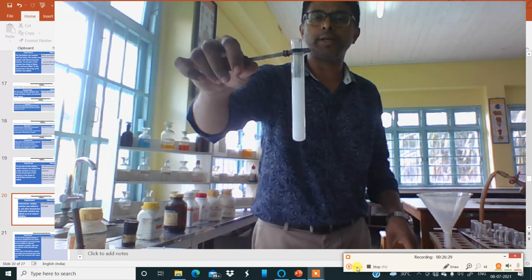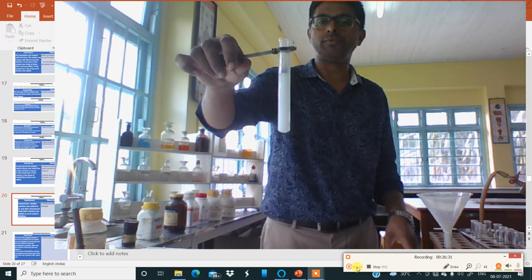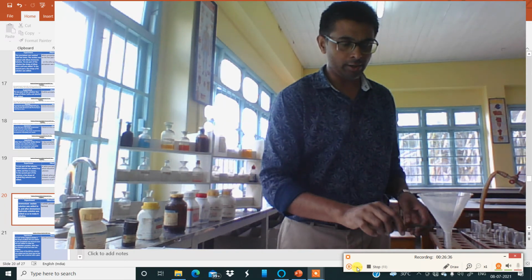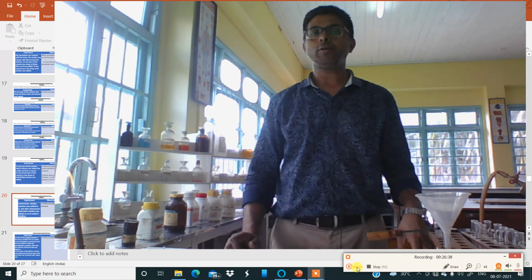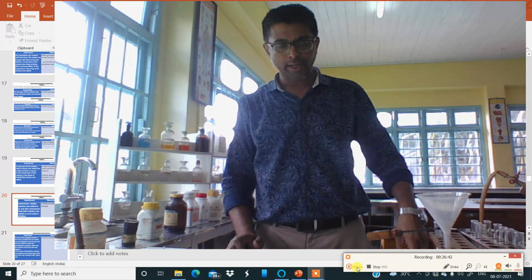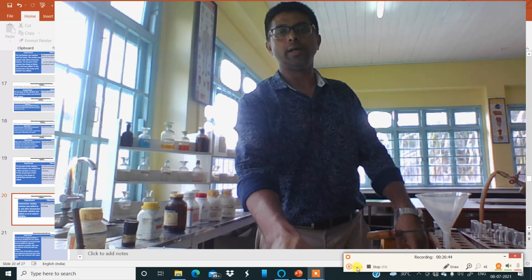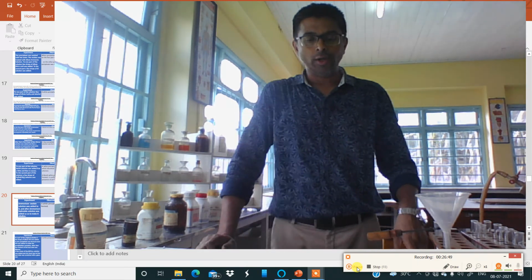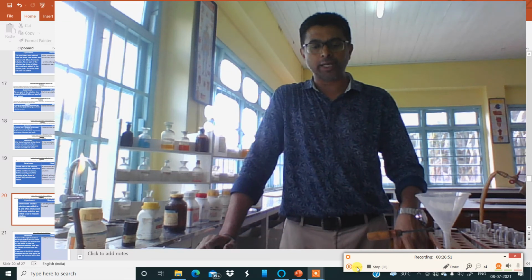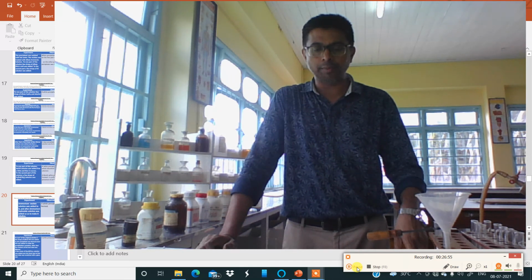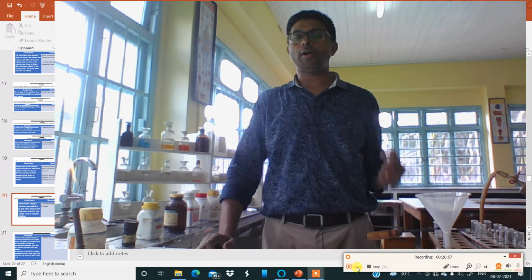which is present in group 5 of the group analysis chart. So this completes your groups: group 1, group 2, group 3, group 4 and group 5. In group 5 there is calcium ion. In the next demonstration class, I'll be demonstrating the ions present in group 6, which are magnesium ion and ammonium ion. So for now, this much for today.